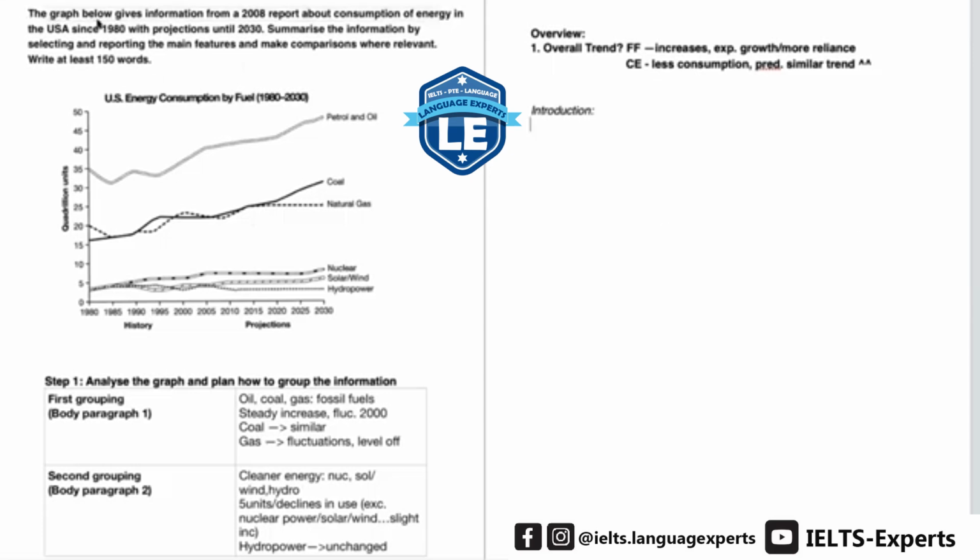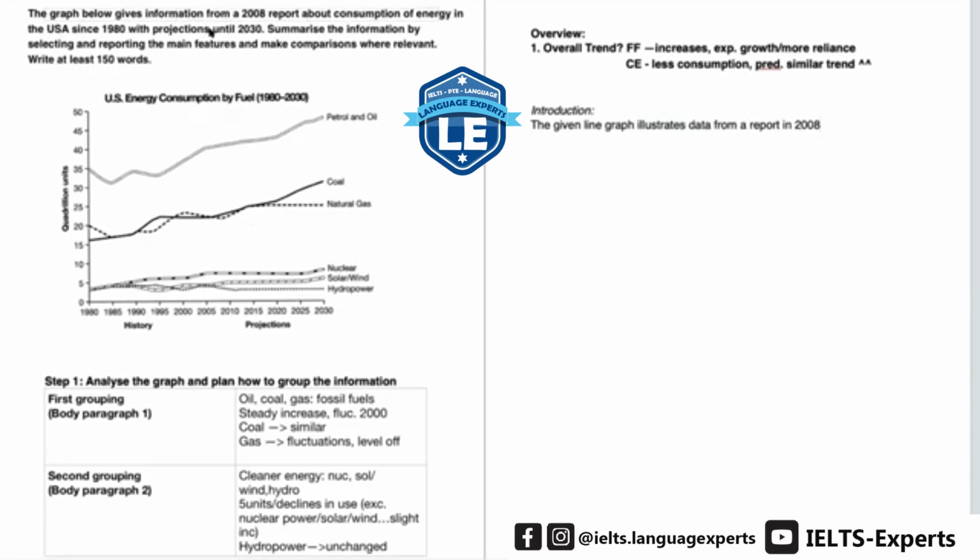So it says here, the graph below gives information from a 2008 report. So I'm going to say the given line graph illustrates data from a report in 2008. Okay, so you see how instead of saying the graph below, I've said the given line graph. Instead of saying gives information, I've said illustrates data. And from a 2008 report, I've said a report in 2008. Let's continue, about consumption of energy in the USA